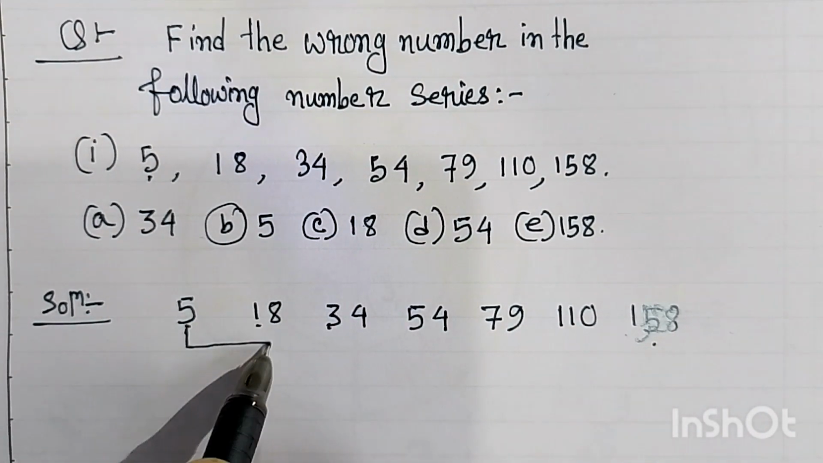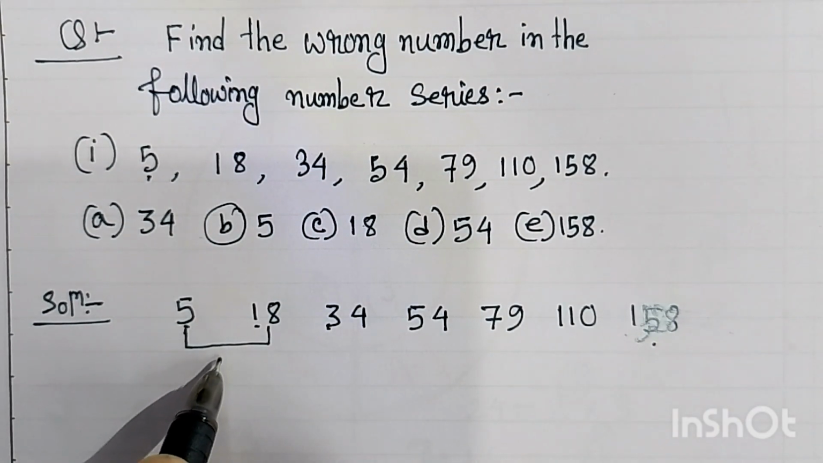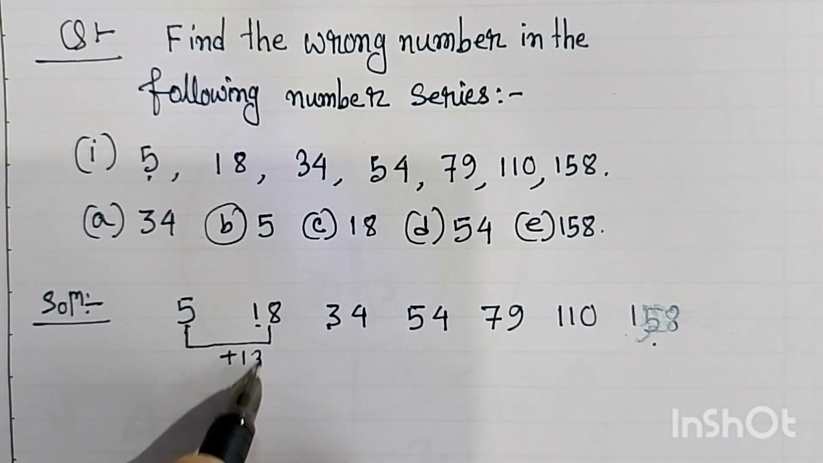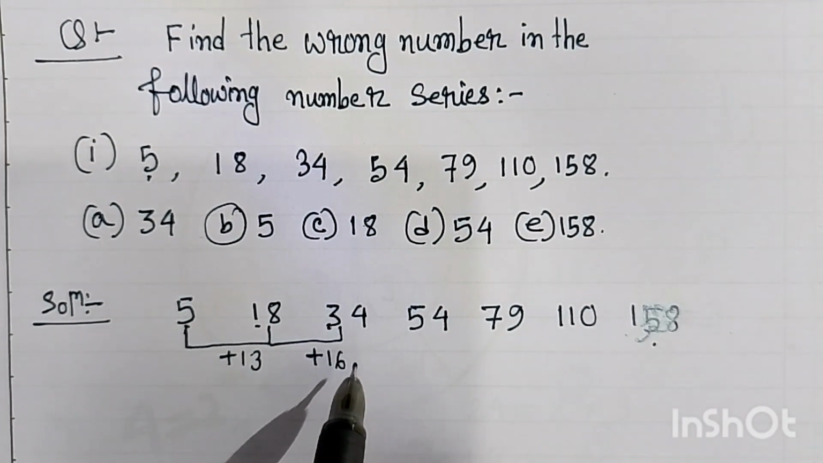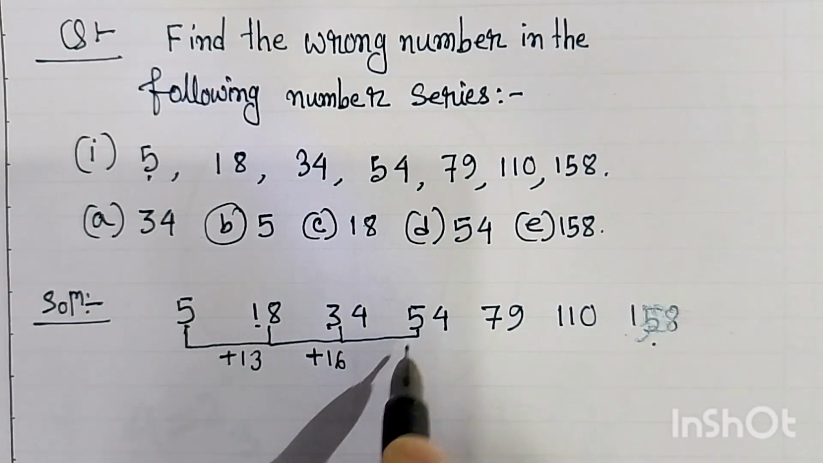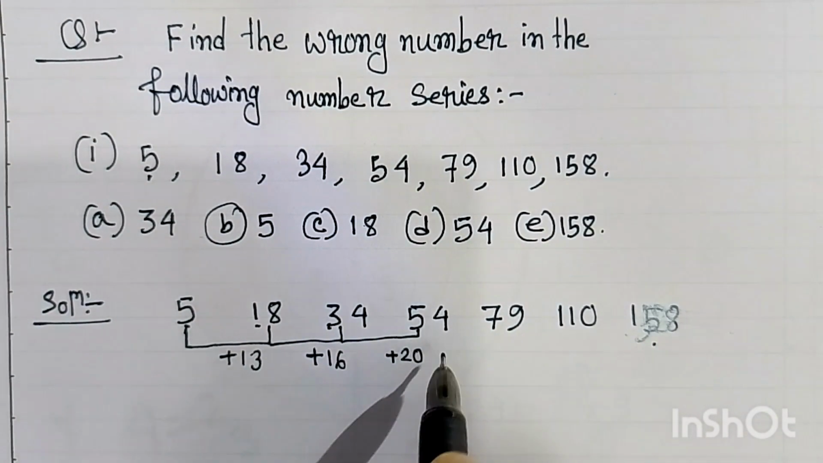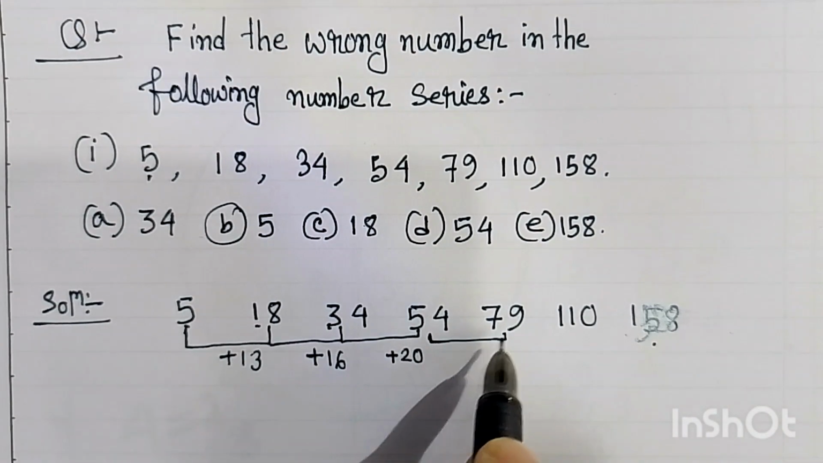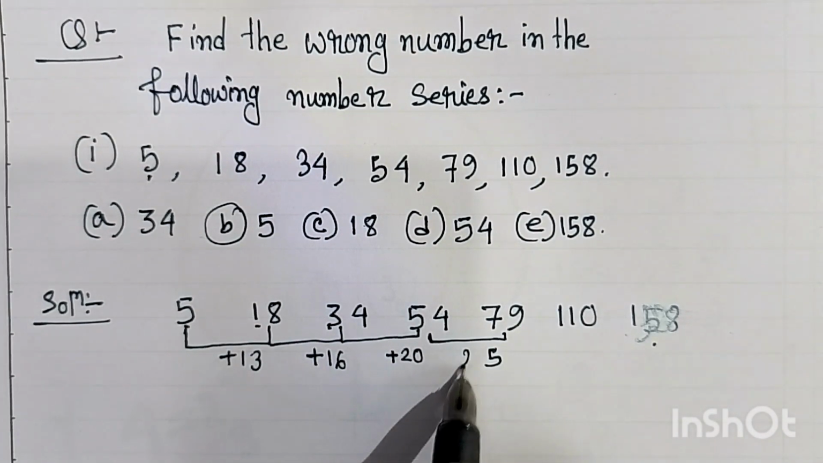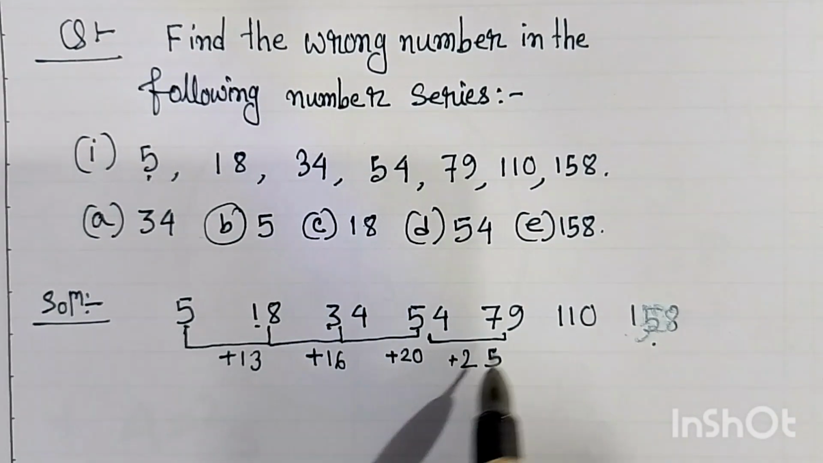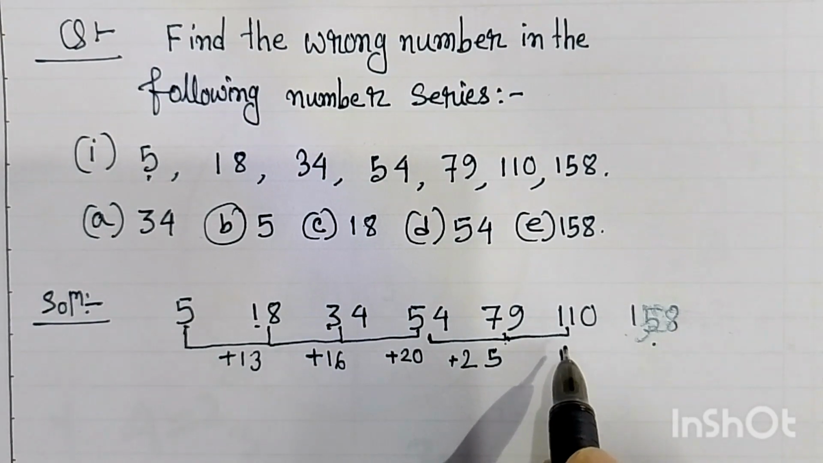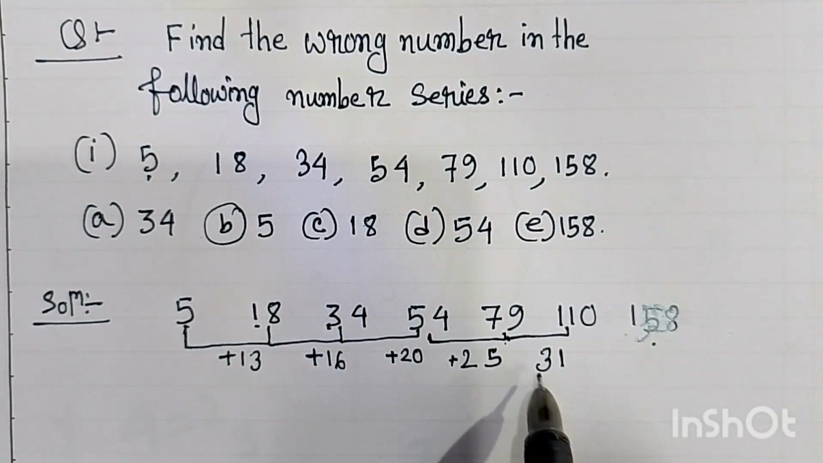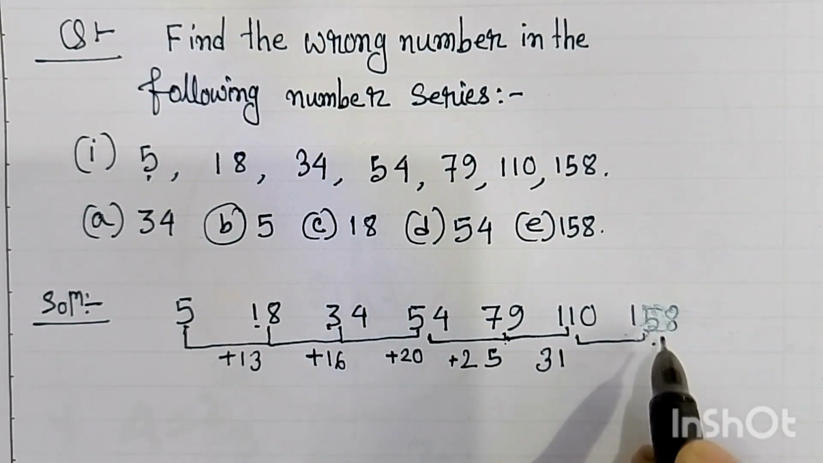Now we know that between 5 and 18 the difference is 13. 18 and 34 is 16. 34 and 54 the difference is 20. 54 and 79 it is 25. 79 and 110 the difference is 31, and 110 and 158 the difference is